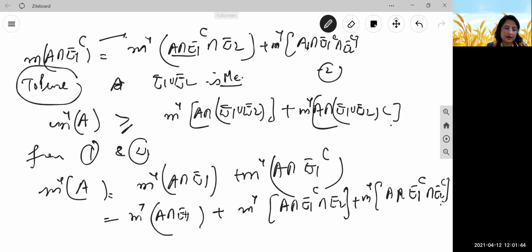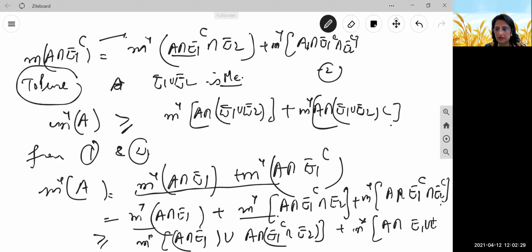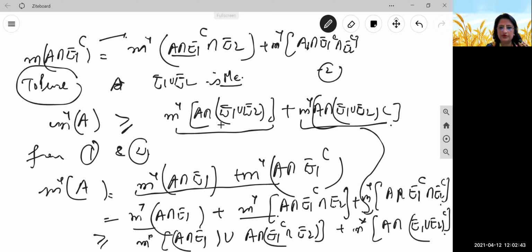Now we know that the outer measure is countably subadditive. It means ये जो पूरा अलग अलग पड़ा हुआ है, this is greater than or equal to, एक ही m star लगाएंगे, A intersection E1 union A intersection E1 complement intersection E2, right? कुछ नहीं किया, इन दोनों का मेजर सिंगल में बदल दिया और यहाँ पे ग्रेटर देन और इक्वल टू लगा दिया, बाय द प्रॉपर्टी ऑफ काउंटेबल सबएडिटिविटी ऑफ m star, प्लस m star. And here, आप इसको इकट्ठा कर देंगे बाय डिमॉर्गन्स E1 union E2 its complement, right? अब आप देखो, आपको फाइनल आंसर में ये दो एक्सप्रेशन चाहिए, उसमें से एक आपका बन गया है। इट मींस इस पूरे को मुझे इसमें कन्वर्ट करना है, राइट? सो आगे बढ़ेंगे हम।